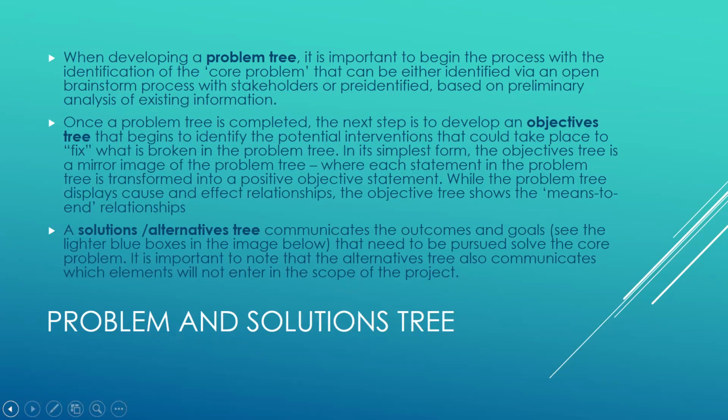So of course, once a problem tree is completed, the next step is to develop an objective tree. It begins to identify potential interventions that could take place to fix what is broken in the problem tree. Once we've identified the core problems, we can start to think of potential interventions, where each statement is the mirror image of the problem tree. This is where each statement in the problem tree is transformed into a positive